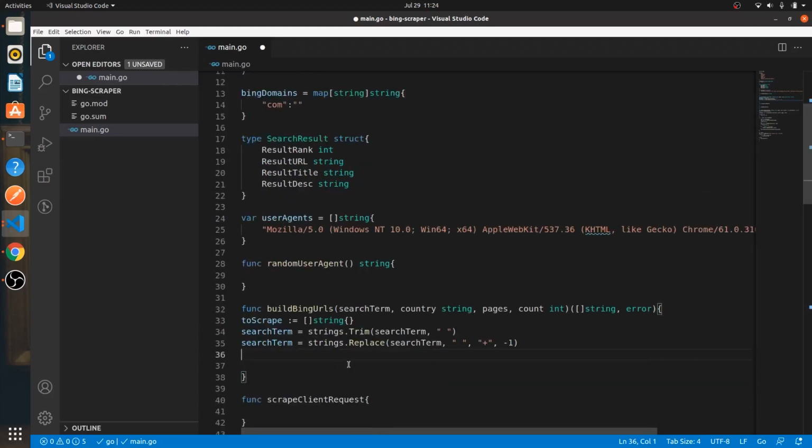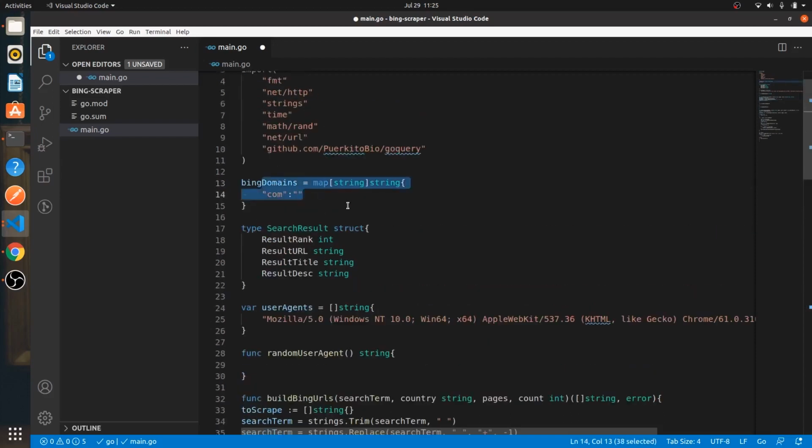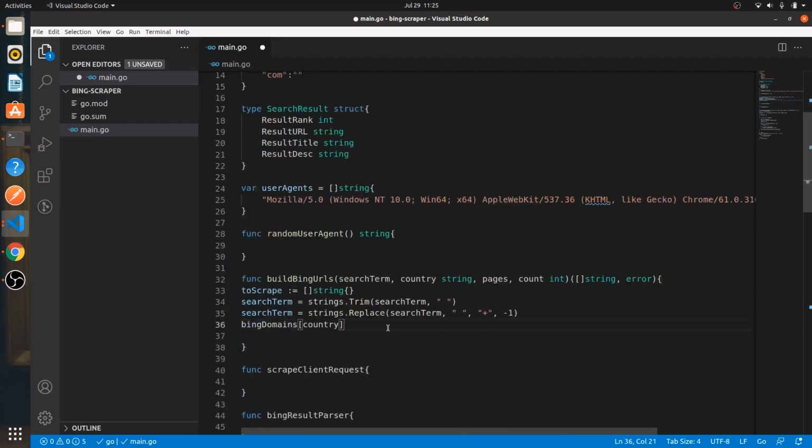And so what we'll do here is we'll say Bing domains, and inside we'll say country. So the country that you pass here, like com or UK or US, we'll try to search that in our Bing domains, in our map. And so let's put an if statement here. We'll say if country code, comma, found. If the country code is found, then